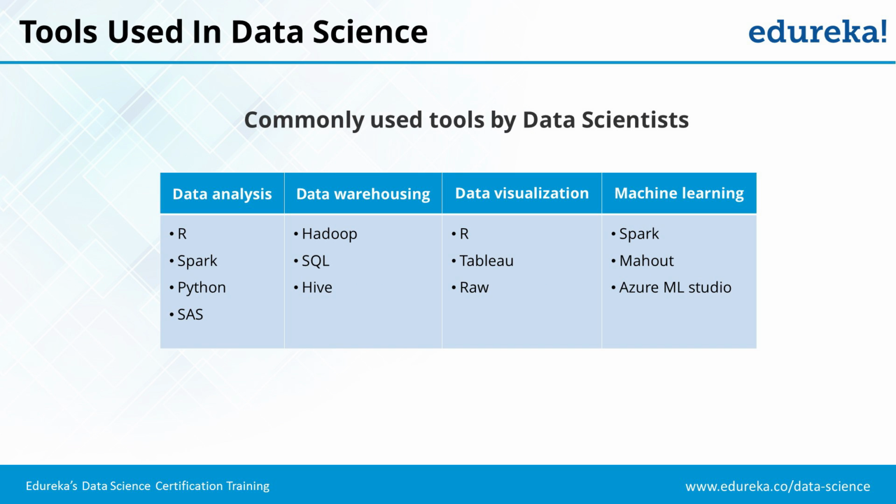So commonly used tools. There are four kinds of applications that we typically have in data science. The first one is data analysis. So R and SAS are two programming languages that are widely used in data analysis. R is open source. That means it is freely available and it is very extensive. So there are a lot of features. People have built a lot of libraries and algorithms that are readily available in R. And it is a very growing community. There is always some development happening in R.